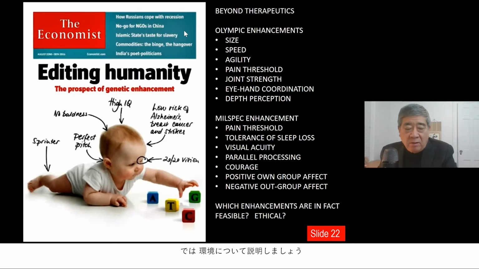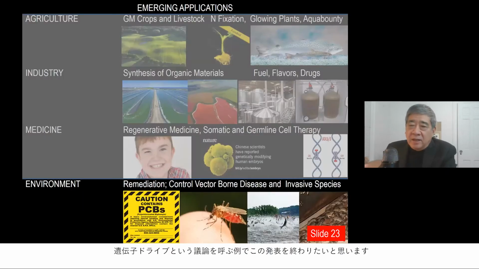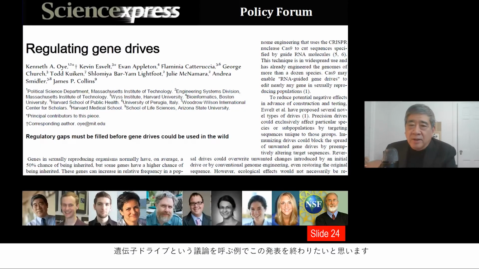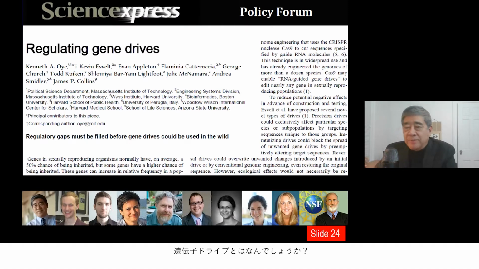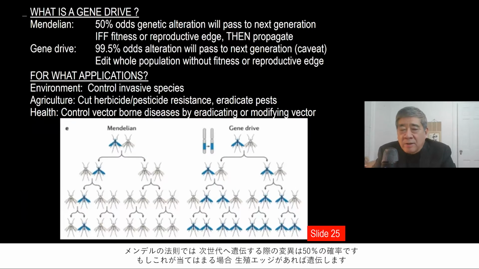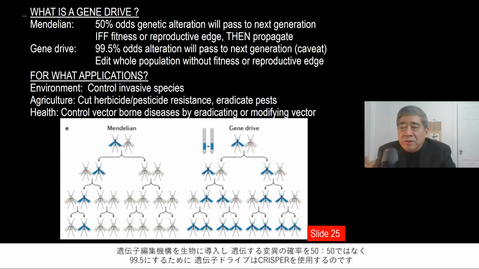Now, let's end on environment. And I'm going to end with a controversial example, gene drives. And way back, several years ago, my colleagues and I published a piece on regulating gene drives in Science. What's a gene drive? Mendelian inheritance, 50% odds of any alteration passing to the next generation. And then if it's fit, if there's a reproductive edge, it will propagate. A gene drive uses CRISPR